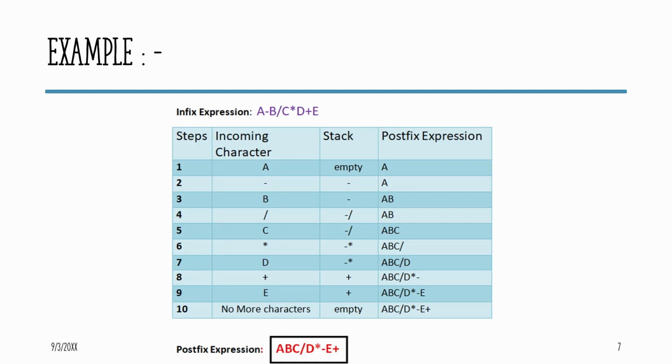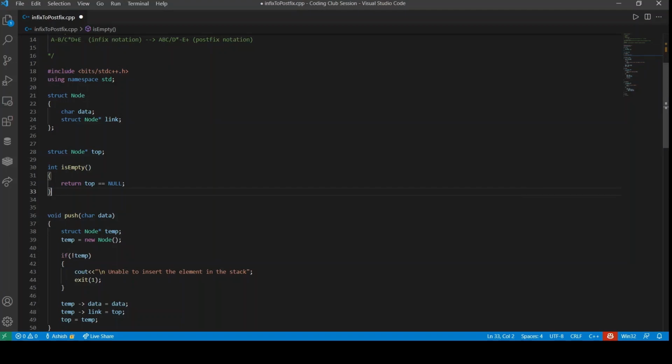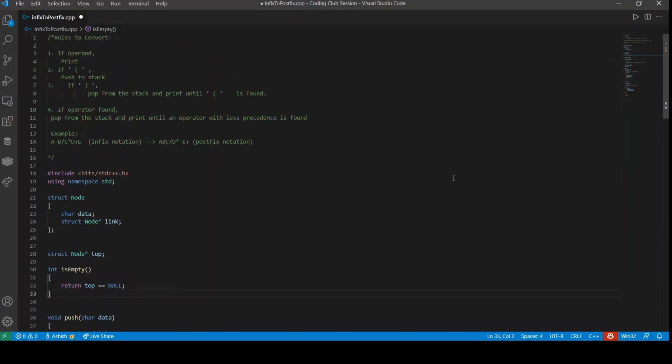Now let us understand how code could be written to get the postfix expression from the infix expression. So let's get to it. Now let us understand the code of converting the infix expression to the postfix expression.